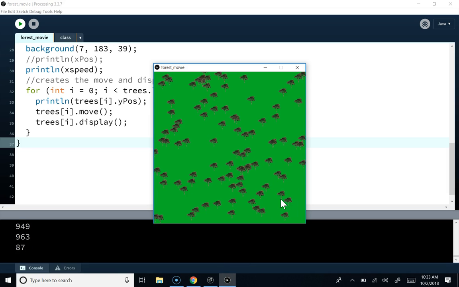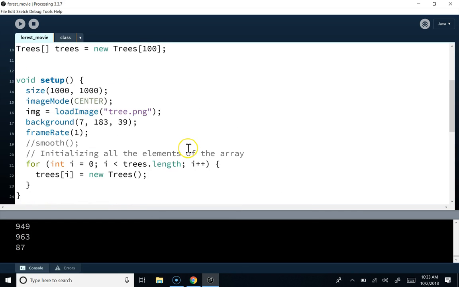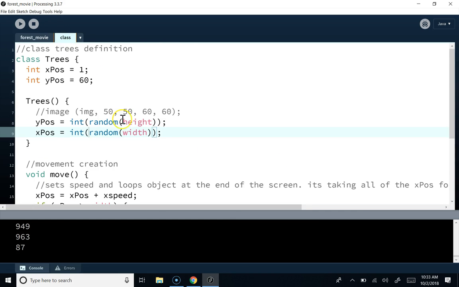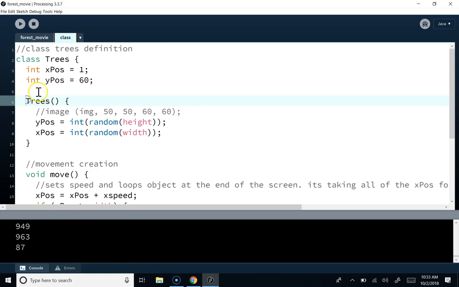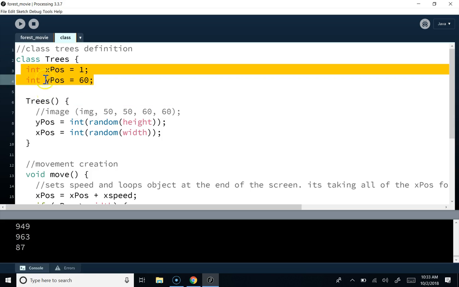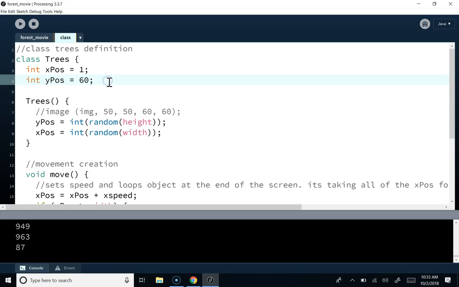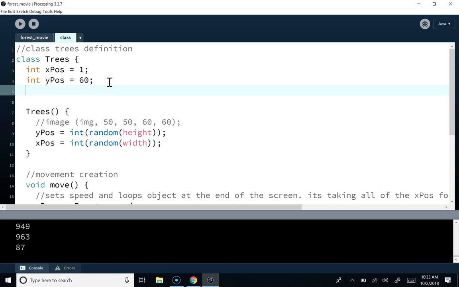Cool? Questions? That makes sense? So when you're doing objects, the moral of the story is if you're trying to randomize where they appear, that goes in the constructor method. And then their variables need to go up here. If you wanted each one to have a different speed,